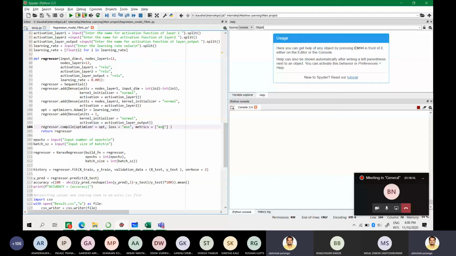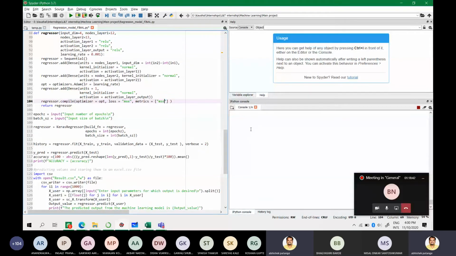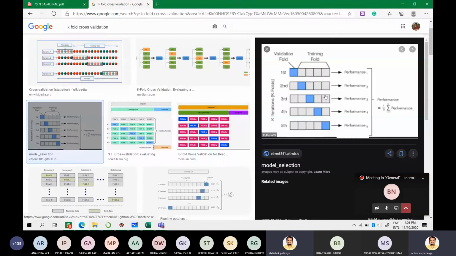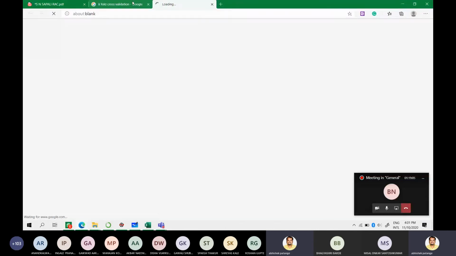So you get a classification, and here you can see the diagonal elements are the rightly predicted values, and the other values are wrongly predicted. And this is iteration based, so it depends on the number of iterations and number of classes. This is how k-fold cross validation looks. Not exactly like this, but definitely it is a very good tool.